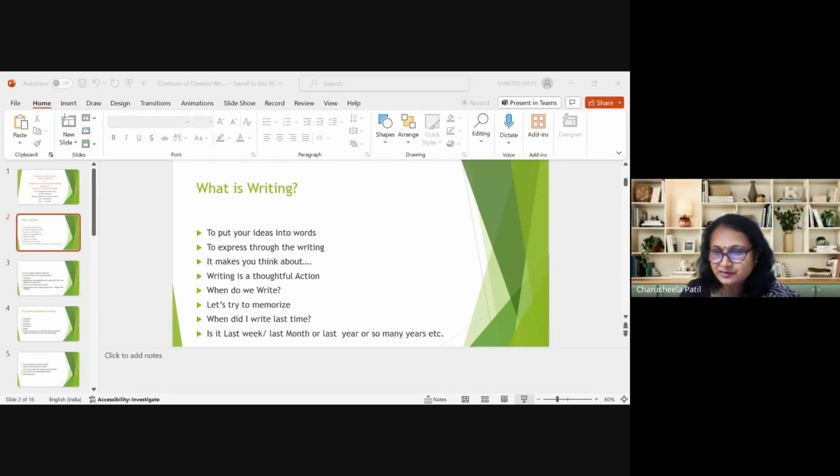Of course, the answer is 50-50, but the more willingness is for oral, because they say in oral we can just correct ourselves, we can go back, we can go ahead, whatever we say. But in writing, we have to sit and think and then write, because it has to be correct, or to a large extent we expect perfection and correctness in writing. So thoughtful, in that sense, I mean to say that writing is a thoughtful action.